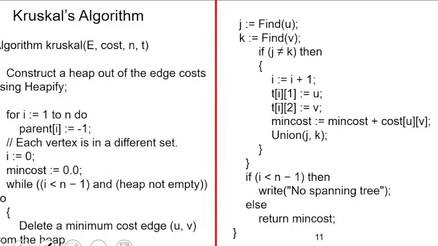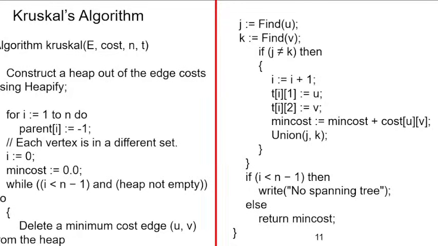In the Kruskal algorithm, we have to construct a heap. You would have studied this heap data structure. Construct a heap out of the edge costs using heapify, a heap in ascending order. So in this algorithm, for i equal to n down to 1, do: parent of i is equal to -1, because the first time when we select the lowest cost edge, you have to